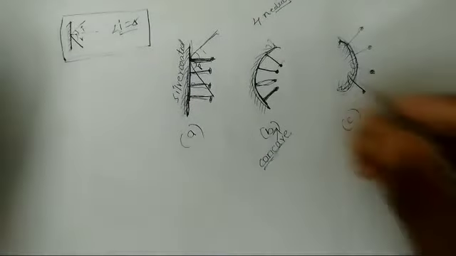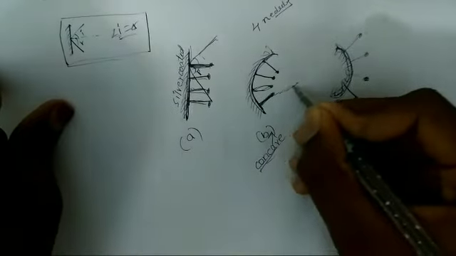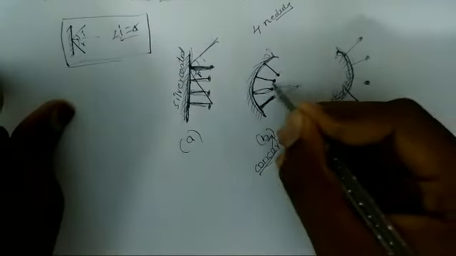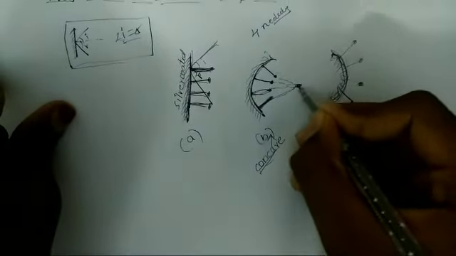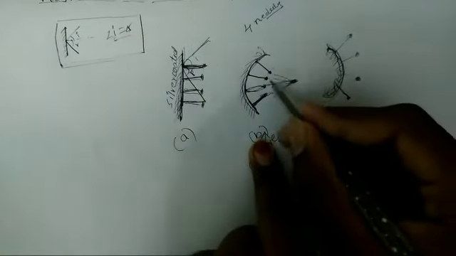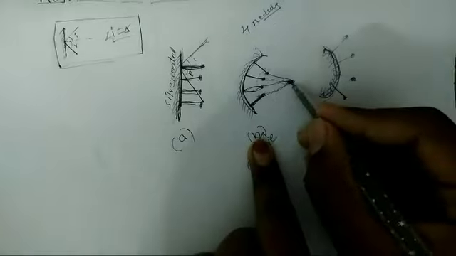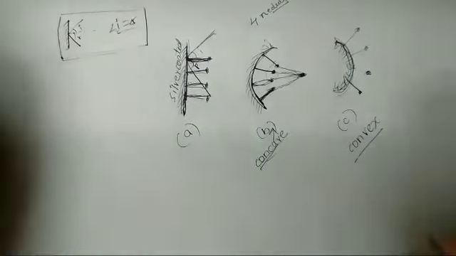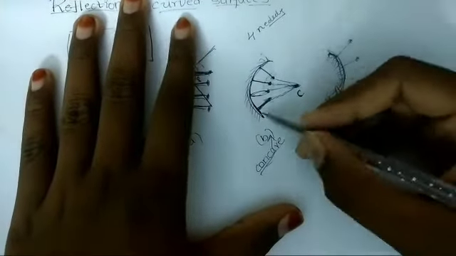Now I have another doubt. Join all these points. See, you will get some one point. You will get all in one point. If you join all these needles, you will get one point. That point is the center C of this mirror.